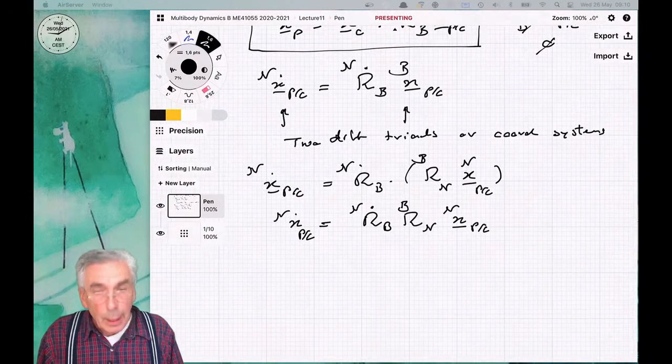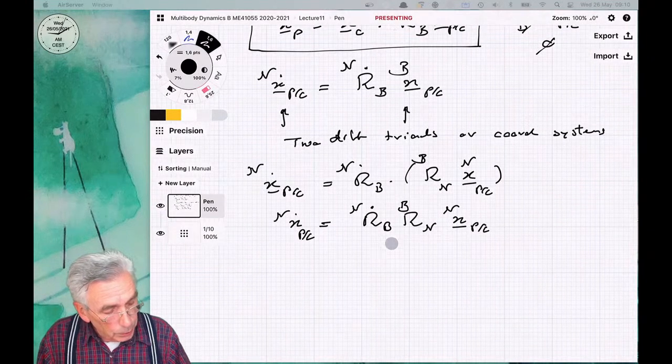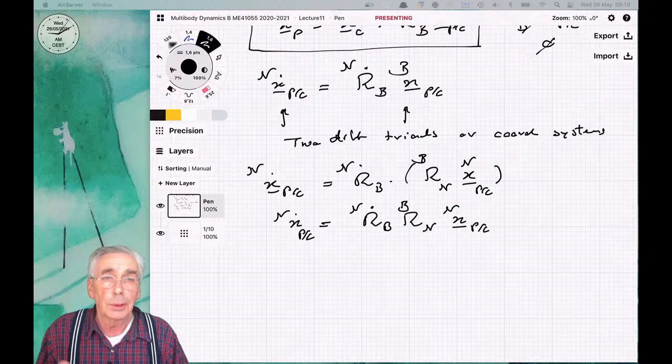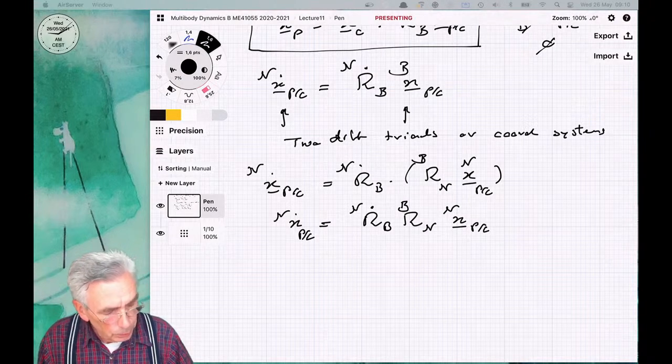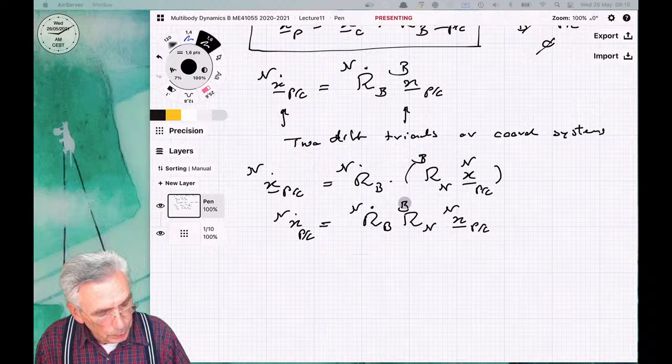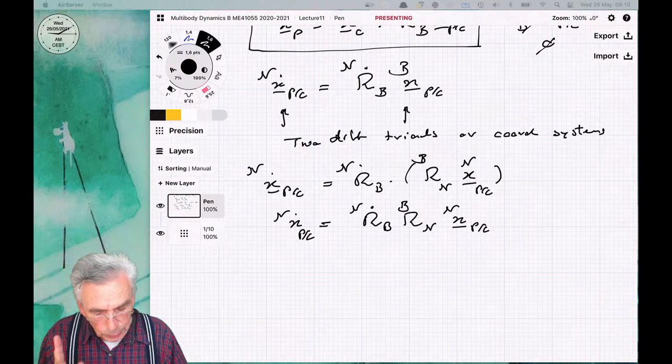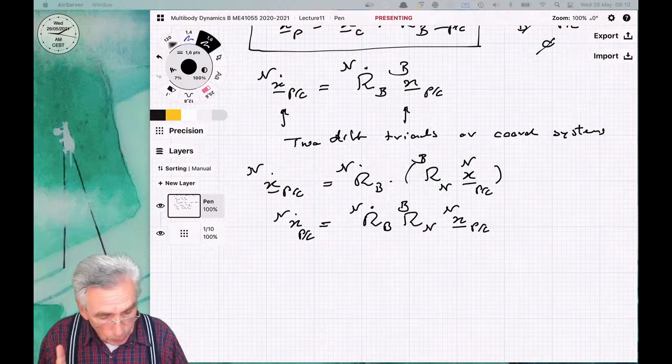Yeah, and I have these two matrices. Well, of course, what is the time derivative of the other? And you would say, well, no, the B is here on top and the N is down, and here the B is down and the N is on top. But we can fix that easily, because remember